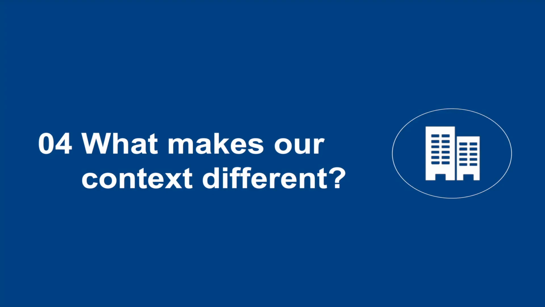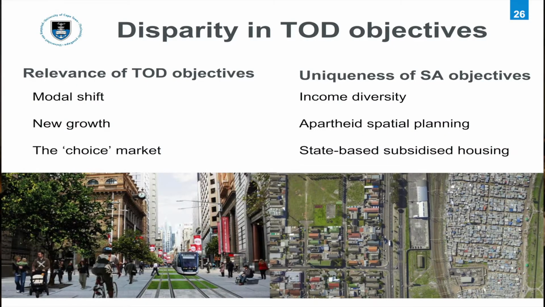And so finally, what makes our context different? Well, I think the largest difference between us and cities throughout the world that have been trying to pursue TOD is the fact that our objectives for TOD are quite different. The objectives for TOD around the world have generally been to force people out of their cars, to get people out of suburbia and into the cities, to get people into public transport, onto the streets, to be more active. But we are asking TOD